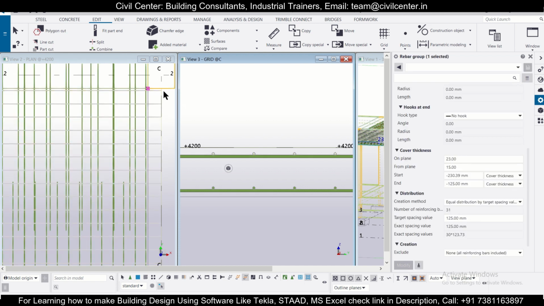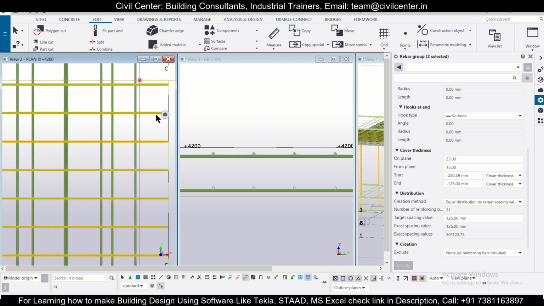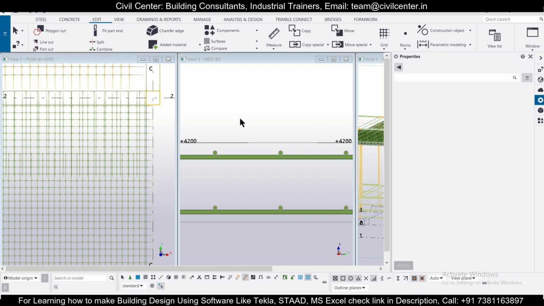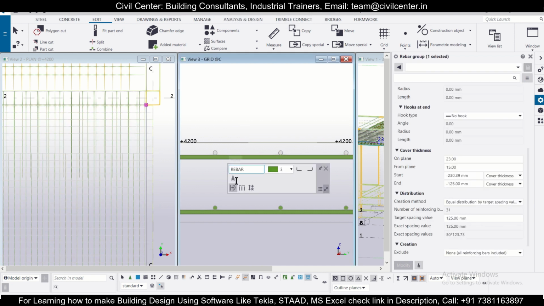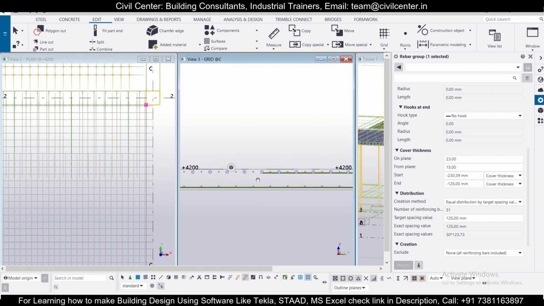So these are the bars which we have created, and if you click on escape twice, then you can use this particular option, move, add or delete,